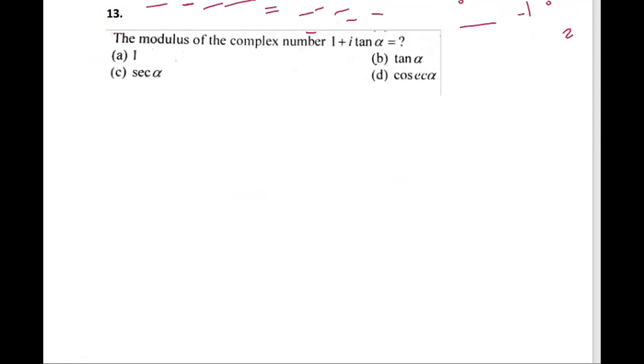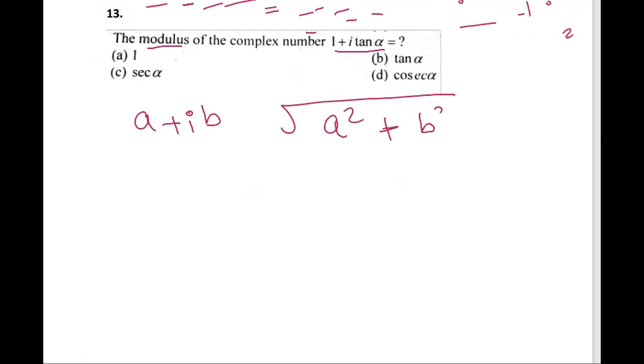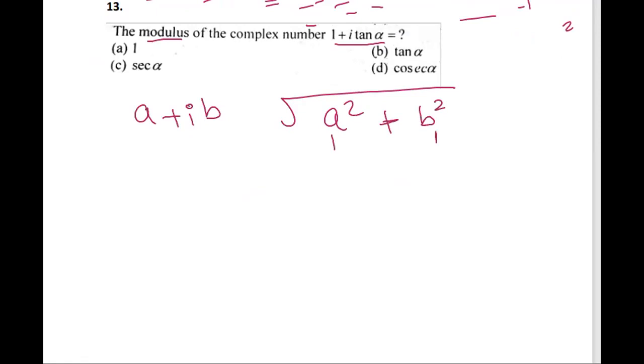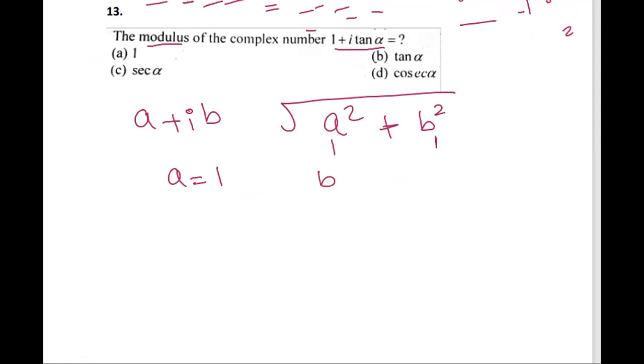Now we have the modulus of the complex number. Now here we have a complex number. We're talking about its mod. Whenever we have a complex number, let's say we have a plus b iota, the mod of this number is basically the real square, that is a square, plus complex square, that is b square, right? So we need to square the real parts and the imaginary parts. Okay. So here the real part is 1, a is 1, and b is